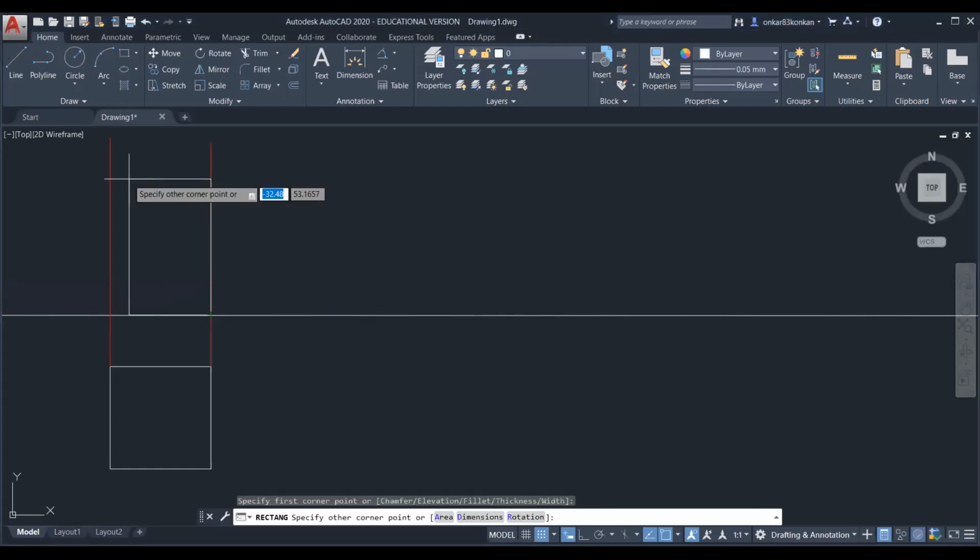So height is 60 mm. Okay, so in this way you can complete the first stage front view and first stage top view.